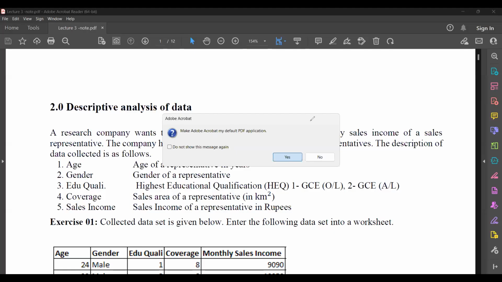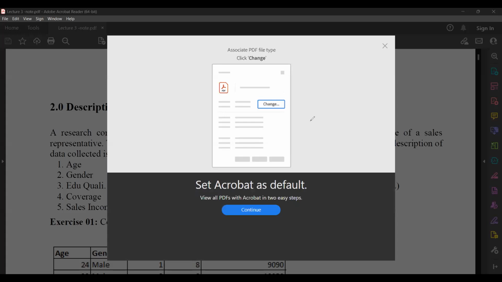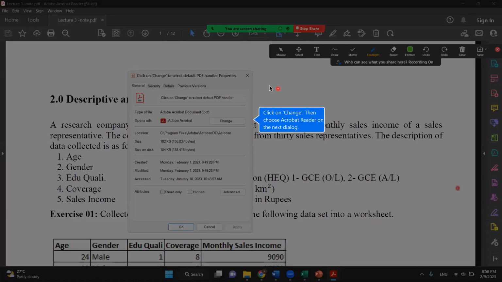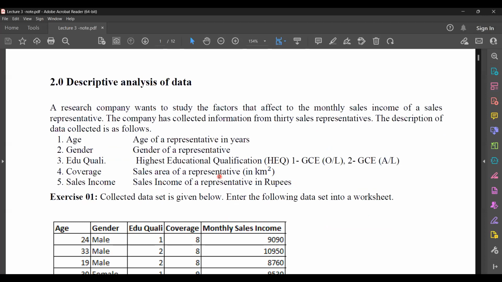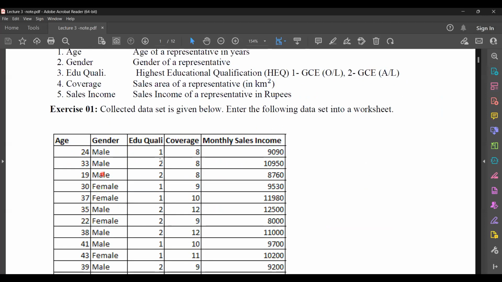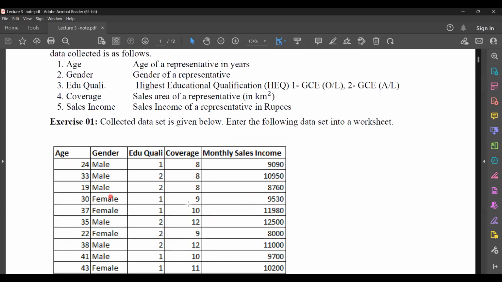I have a small data set with a small description in this handout. Here you can see this is the data set that we have. So you can enter this data set into